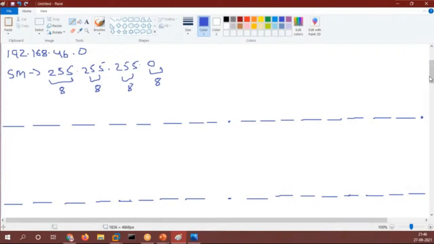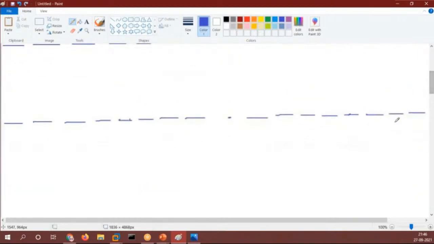What we do first is start the counting. We write the counting like this: 2 raised to the power 0, 2 raised to the power 1, 2 raised to the power 2, up to 2 raised to the power 7. Now what is 2 raised to the power 0?